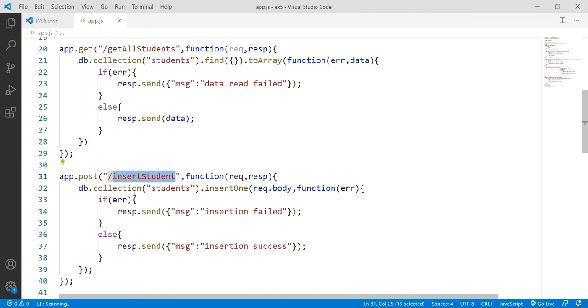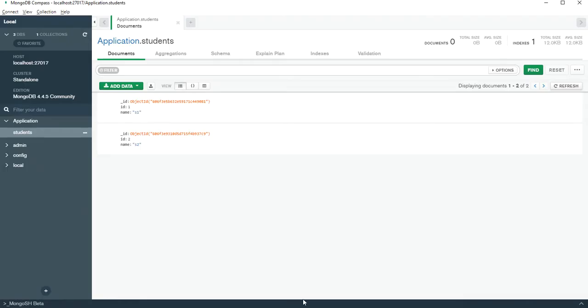This method will be called. In this one we are communicating with our students collection. We are calling insert one. All your converted JSON data will be inserted into the database. That is theory. Let us verify whether it is completed or not. Awesome. So see, sir, I am able to insert the record into the database.